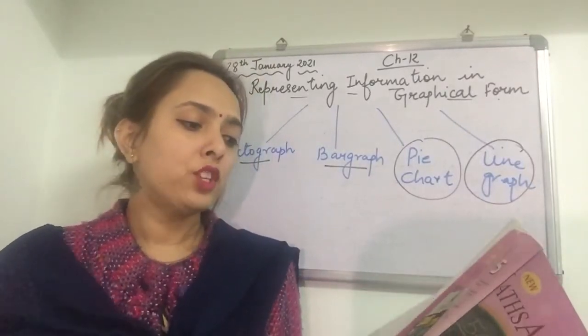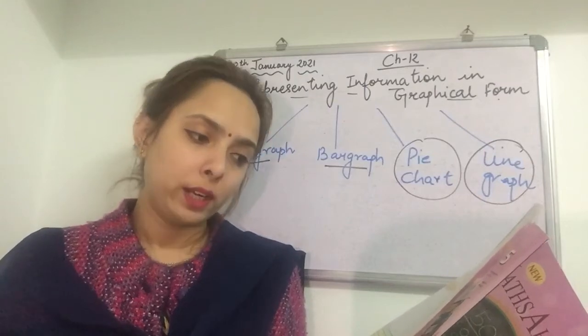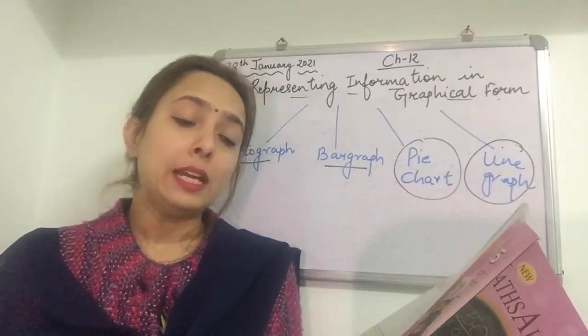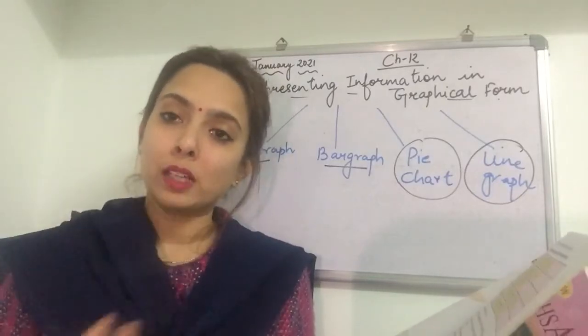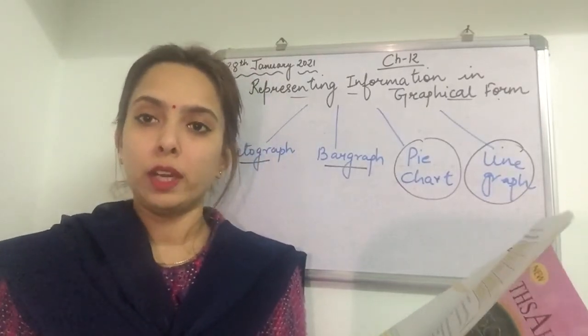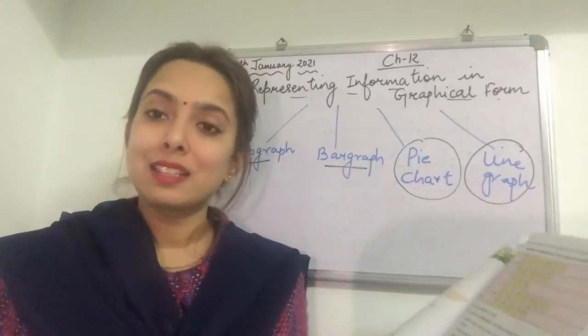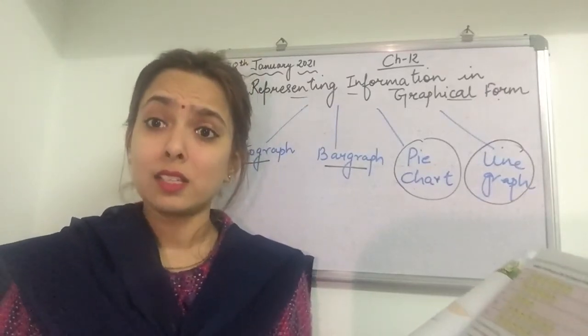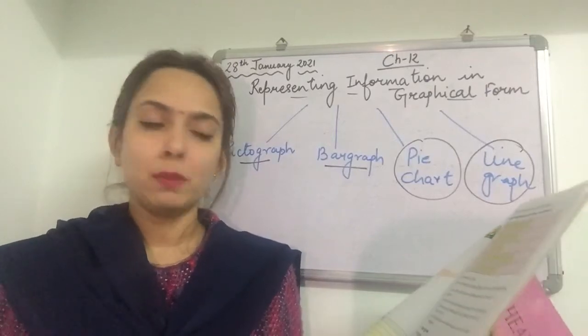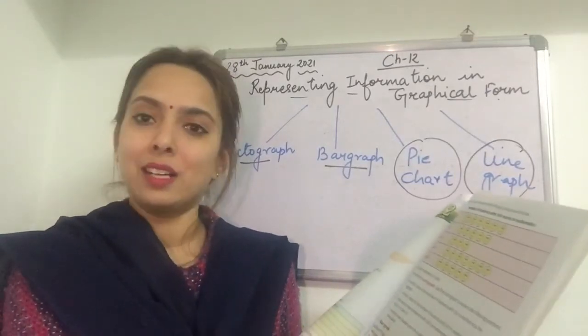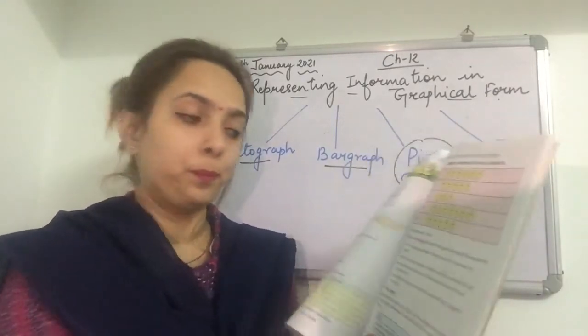Next is, in which class is the number of students with 100 in mathematics the least? Which class has scored the least in mathematics? So class 3rd is the answer. Class 3rd is the only class which has scored the least marks in mathematics. So the answer for second is class 3rd. We will write class 3 here.